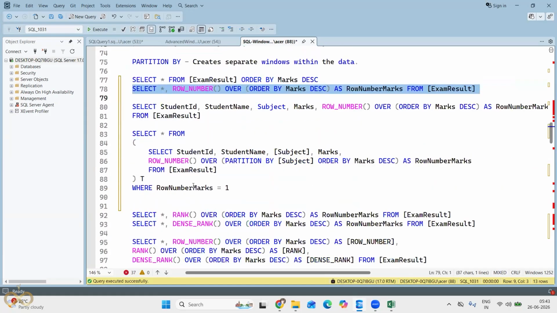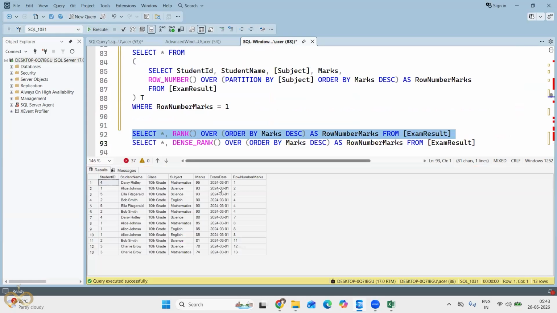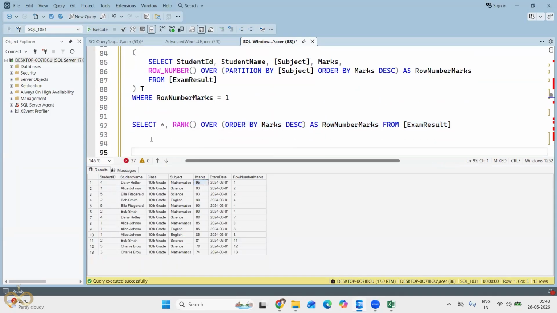So I'll be using a rank function here. So this is a rank. Now you see here, when I use the rank, we are getting a rank. Now there is no partition by clause. We are looking for the entire table data. The first example, we are looking for the entire table data. And I will just mention this as rank marks. So the highest marks have a rank of 1. Then the second highest marks, like 93, have a rank of 2. And you see here, now again there is one more 93 marks for ELA. So we are getting the same rank number